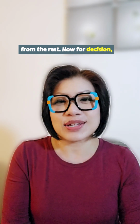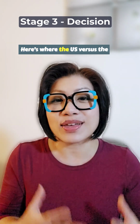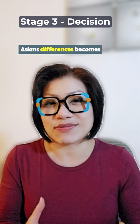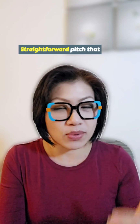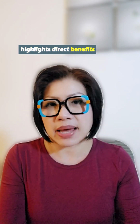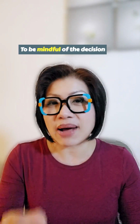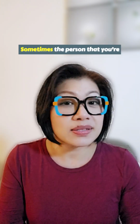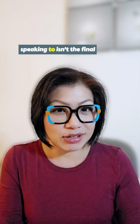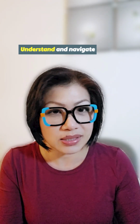Now, for decision, this is when your lead is weighing their options. Here's where the differences between the US and Asia become especially clear. In the US, a straightforward pitch that highlights direct benefits works well. But in many Asian countries, you need to be mindful of the decision-making process and the hierarchies. Sometimes the person you're speaking to isn't the final decision maker, so it is essential for you to understand